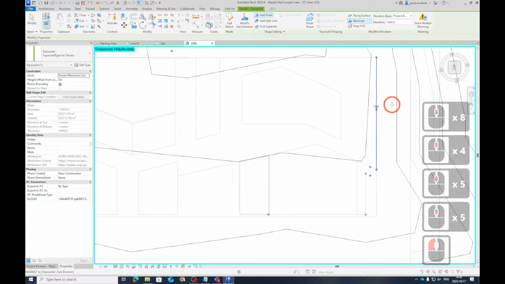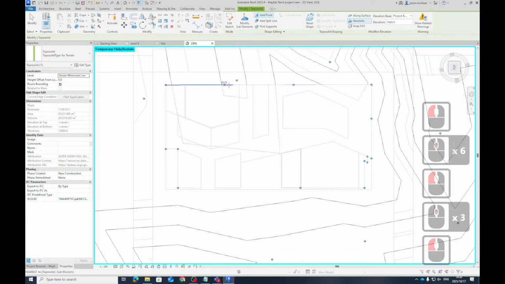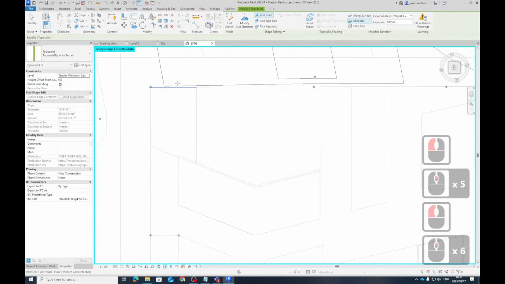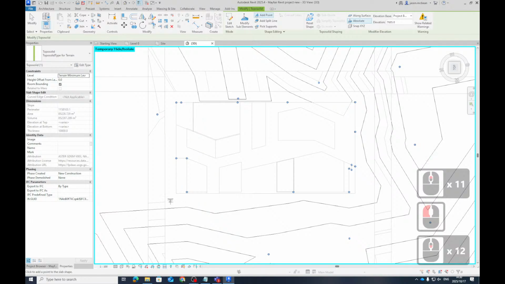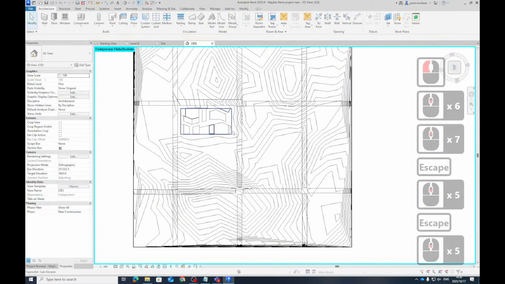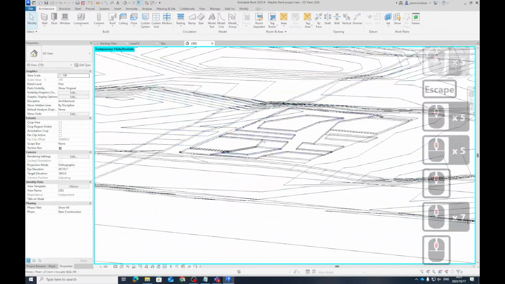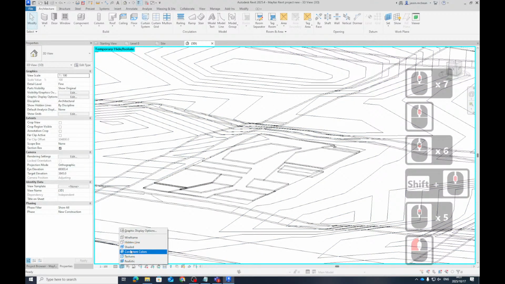So I'm going to put a point there, press OK. I'm going to put a point in the middle. I'm going to put a point there. So now we're creating a grade. So we're starting to grade the site. I'll put another point there because then I can grade it. So all platforms that are on the same level use the same point. Yeah, I'm using the same point every time. Because now, if I go to 3D view, you're going to see this thing's going to be as flat as a pancake, which is what you want. So if I go to shaded view now,